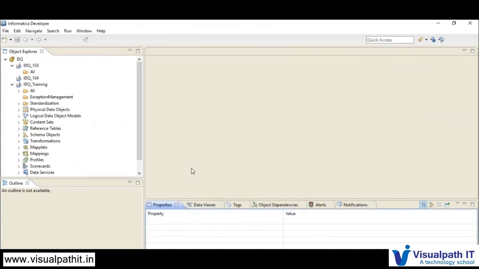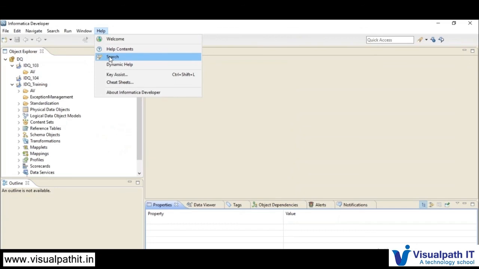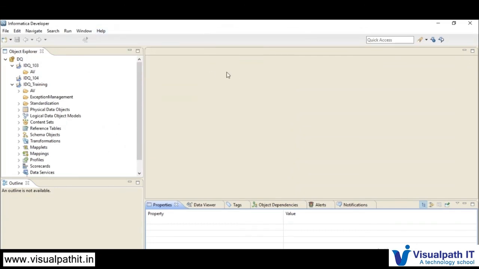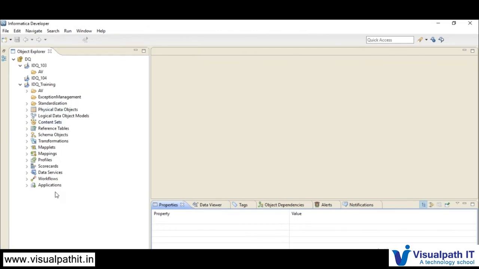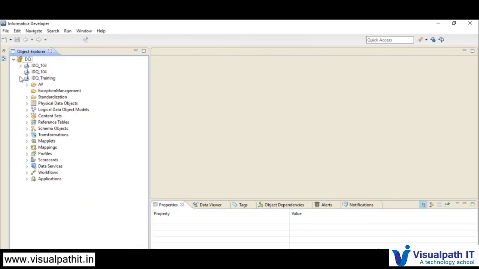These are all the options available, and another important thing is your help. If you have any questions or doubts on any particular topic, just go with search, and it will have all the information for you. As a developer, we have to use this to understand in a detailed way all the options available in your Informatica developer tool. Now you can start using this tool, and you will know what options are available and where they are, so that you can start using the Informatica developer tool.